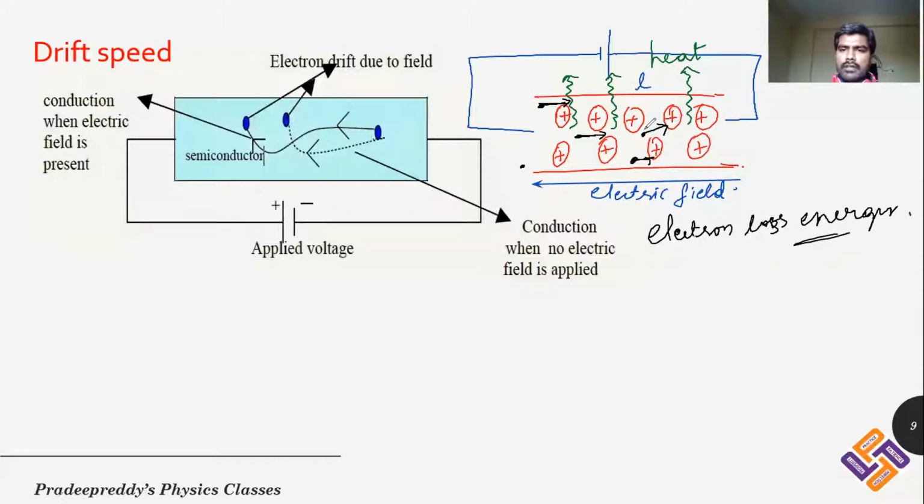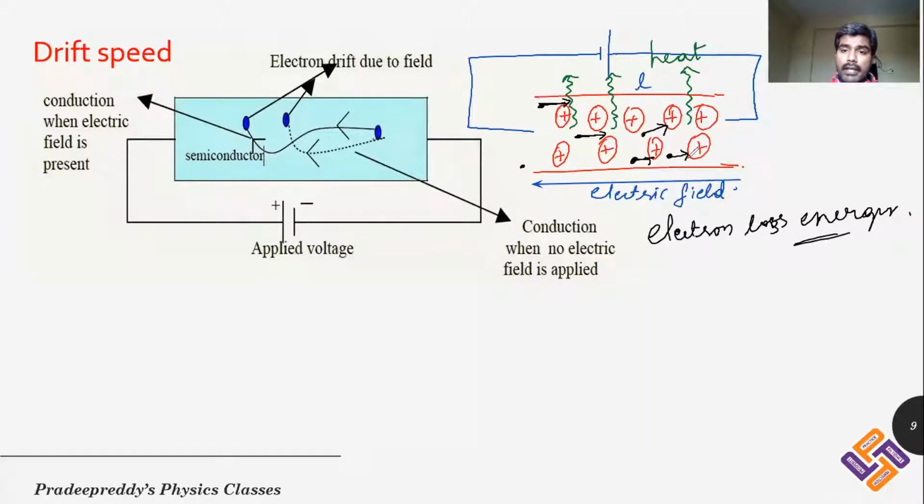Now, as the electron is losing its energy, it is still under the influence of the external electric field. Say for example, I am talking about this electron, it hits the ion. Its energy has been all lost to the ion. As a result, whenever it is releasing its energy, there will be some heat developed over there. Now, as it loses its energy, it comes to rest.